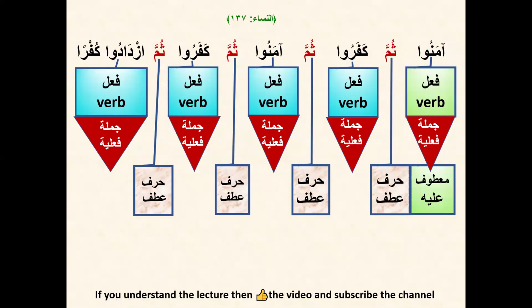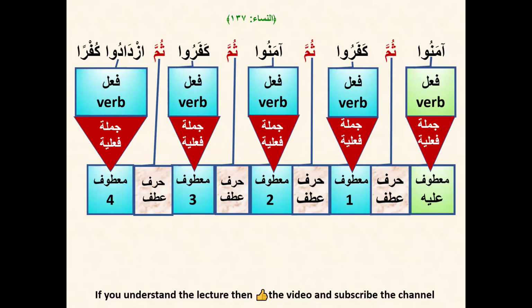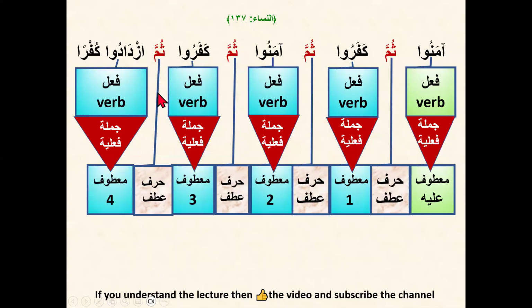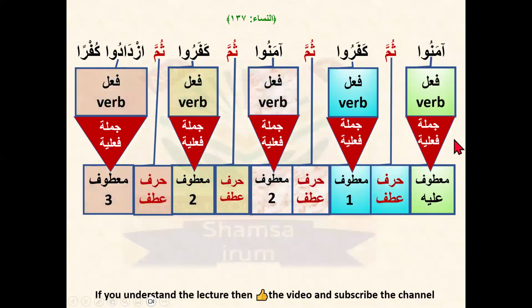Multiple matuf. That's why before coming to this slide, I explained the multiple matuf. So this jumla failure is the first matuf, then the second matuf, third matuf, fourth matuf. With four matuf, it becomes full. As you can see, all the blue here shows the multiple matuf. But in the next slide I change the colors so that when I translate, you can do the translation easily and understand the meaning, inshallah ta'ala. So this whole becomes a Murakab Atfi.